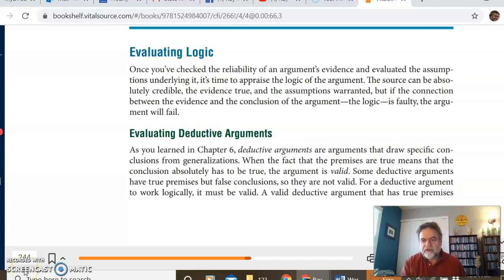This particular video is about evaluating deductive arguments. This is perhaps the most challenging and potentially confusing area of instruction that we'll be doing. You might wonder why we're even doing it. Well, it's part of evaluating logic, and in life and in writing, people use logic, and it's our job to